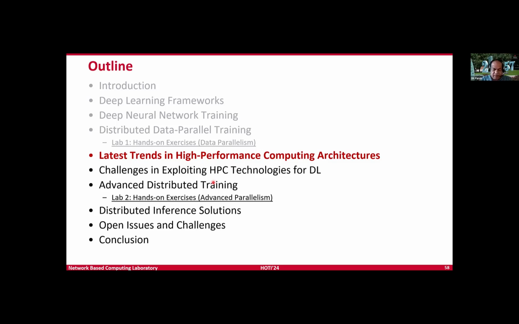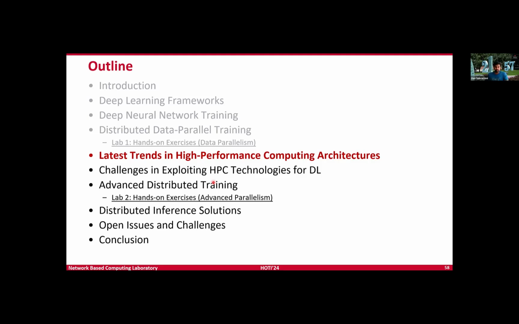Yes, yes. So far, what we looked at was an intro to deep learning frameworks, neural network training, and we also understood why we actually need distributed data parallel training. So far, we were on the demand side, and we were looking at how DL frameworks have evolved to satisfy that demand. Now we are going to look at the supply side to see how the architectures have been evolving